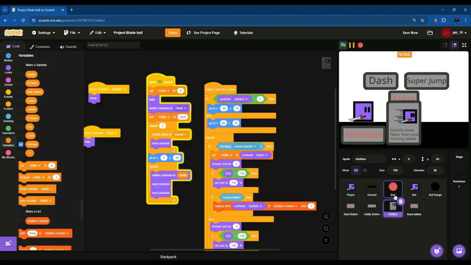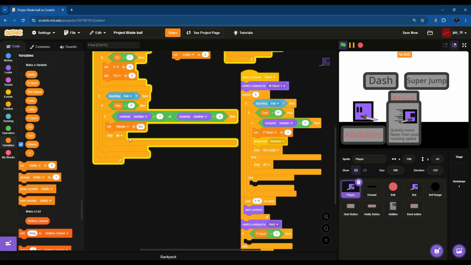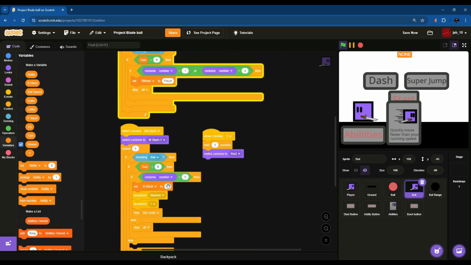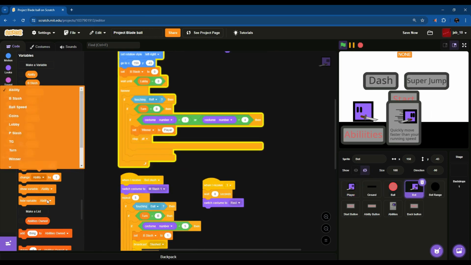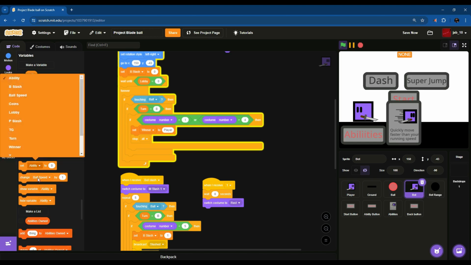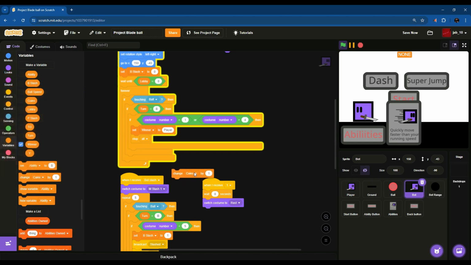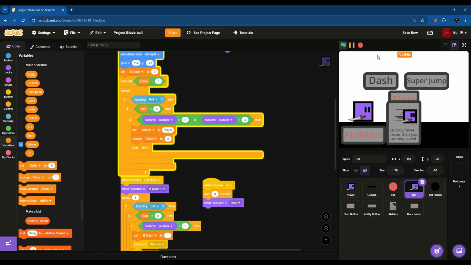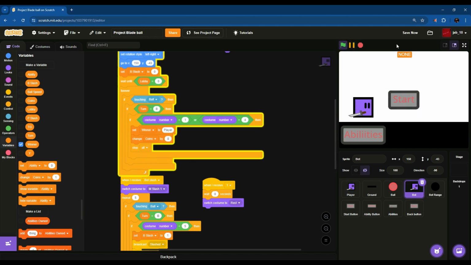Then we're gonna go to player, and then, actually no, bot. So if the bot loses, then change coins by 15, I guess. Maybe that's too easy, yeah. Change it by like 8, yeah. Okay. Then,